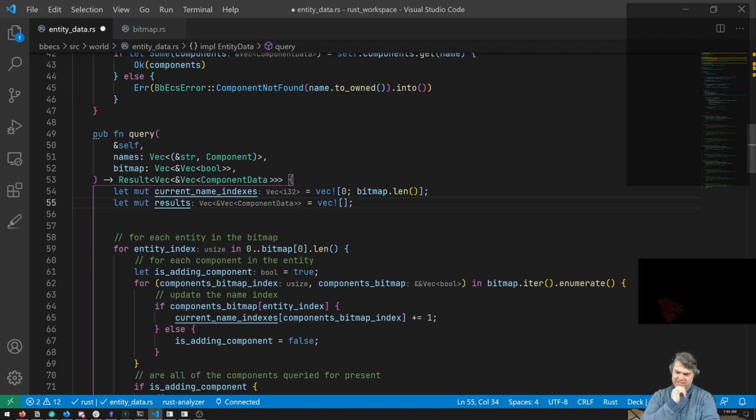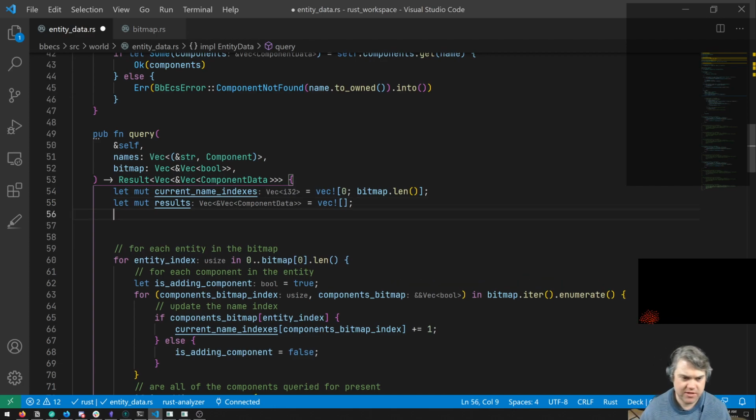And I'm wondering about this. Well, I don't think we need to slice. I think we just need to grab them out. So we have like an intermediate query. We have to get like all the components. Let components is equal to